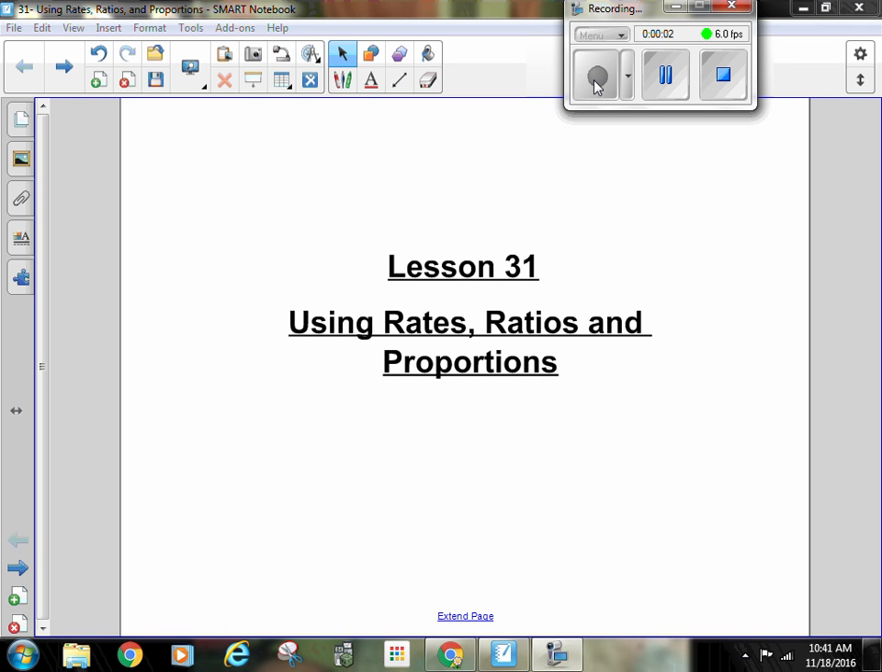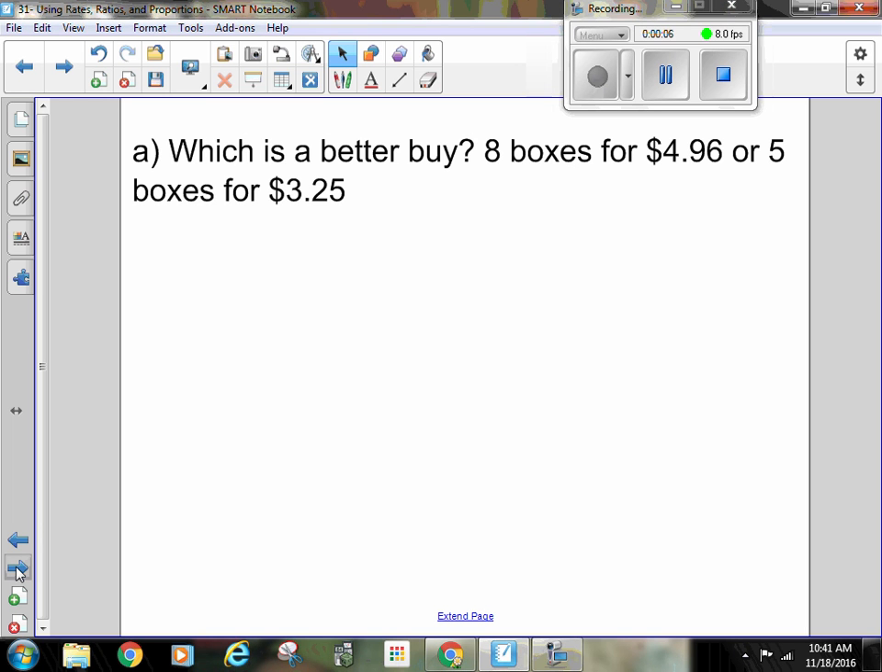All right, ladies and gentlemen, lesson 31, which is on using rates, ratios, and proportions. Let's look at A: which is the better buy, 8 boxes for $4.96, or 5 boxes for $3.25? We can find out the cost per can by